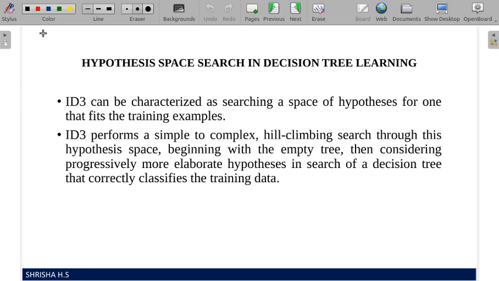The more the tree grows, the more elaborate the hypothesis is. Whatever tree we construct correctly classifies the training data, and it is one of the hypotheses present in the hypothesis space.